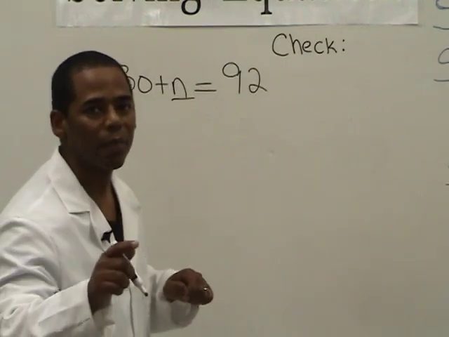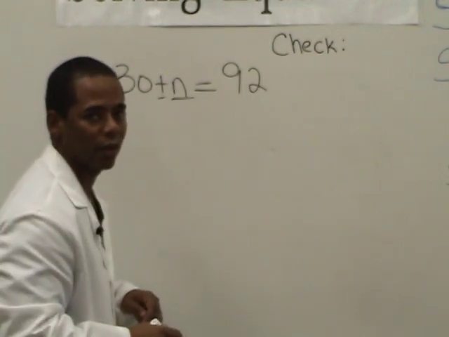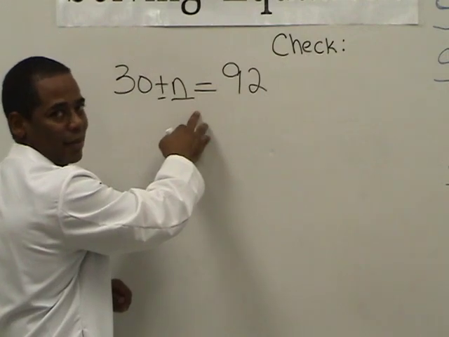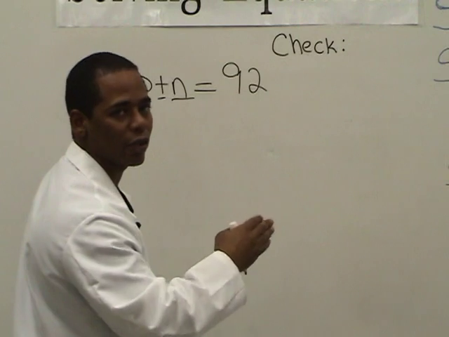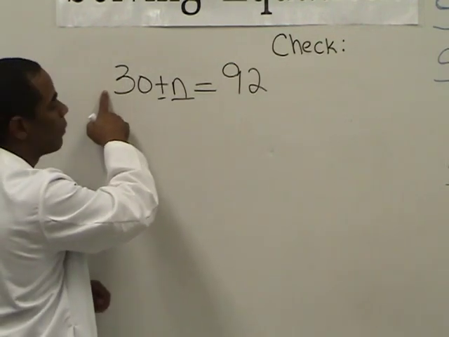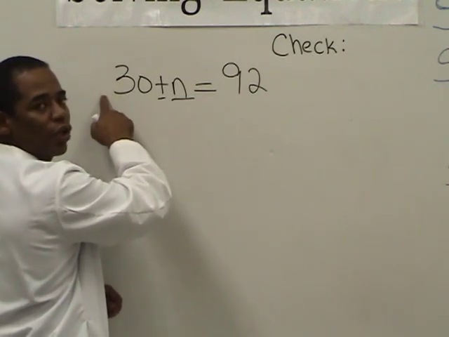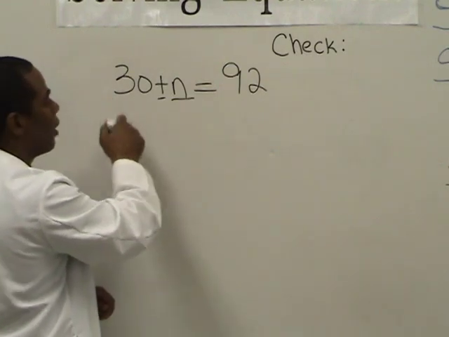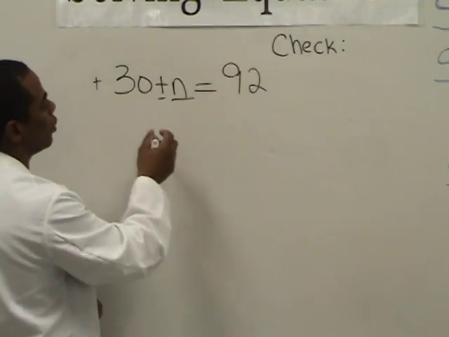Now, one common mistake. Don't look at this and say it's addition, because this addition sign is for the n. This is a positive plus n. Okay? You always look for the operation in front of the number or the variable. What's in front of this 30? There's nothing there. And remember our rules. If there's nothing there, then we're going to treat it as positive. So if that's positive, the opposite would be negative, so we're going to subtract